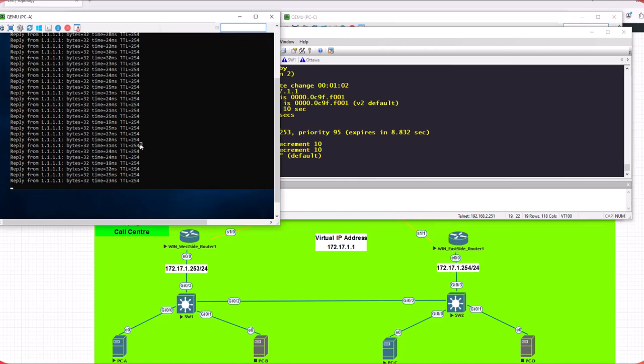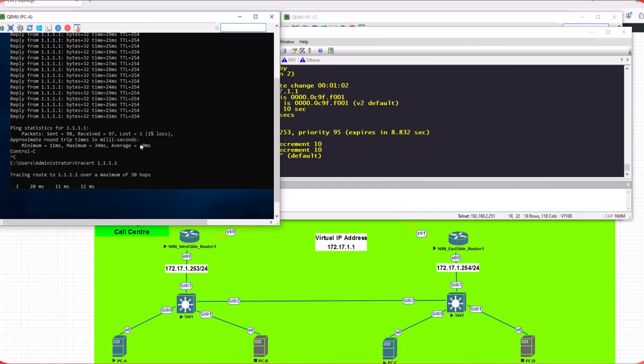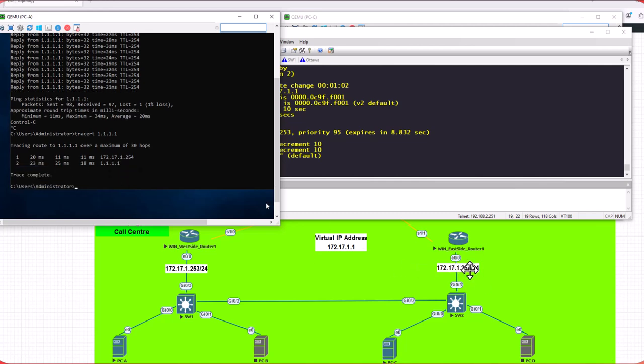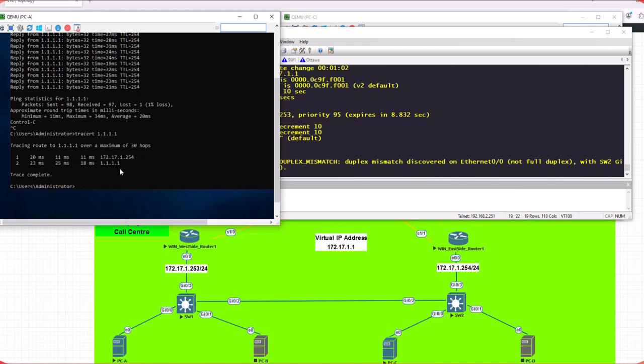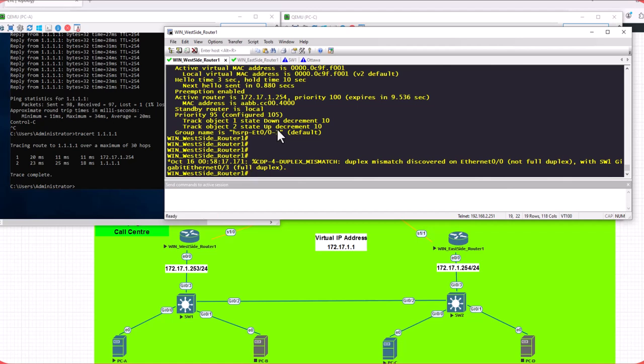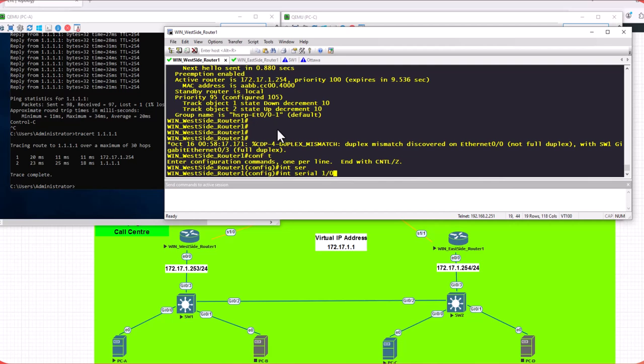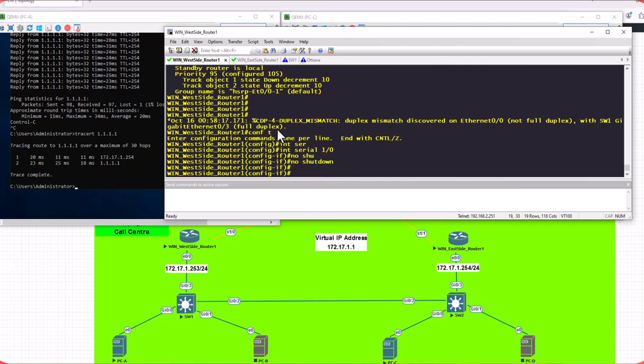this router. To verify, what I can do is trace RT 1.1.1.1, and it should go from here. So as you can see, now it is going from here. Actually the default gateway is 11, but when I trace, it shows the IP address of the physical interface. Okay, now if I say conf t, int serial 10, no shut, I no shut the interface,